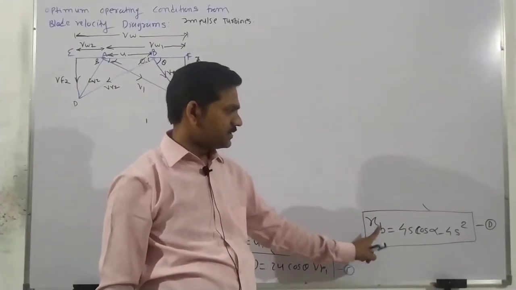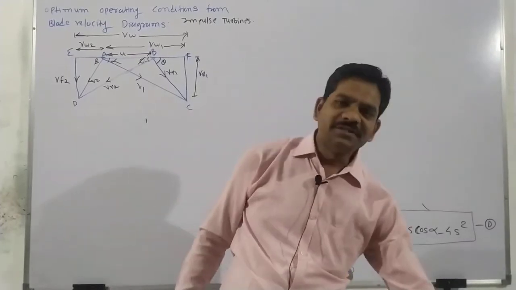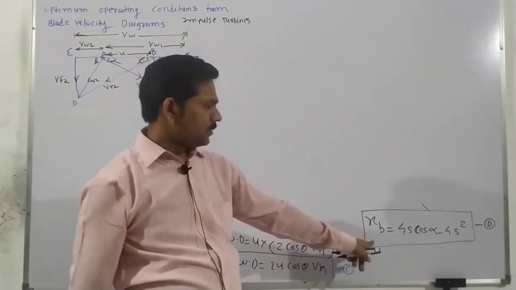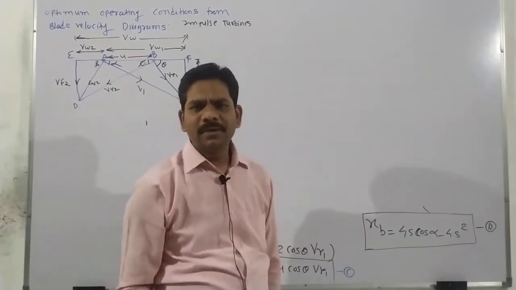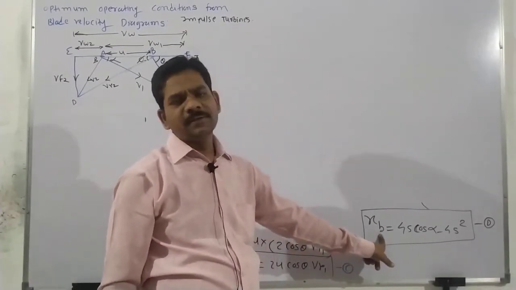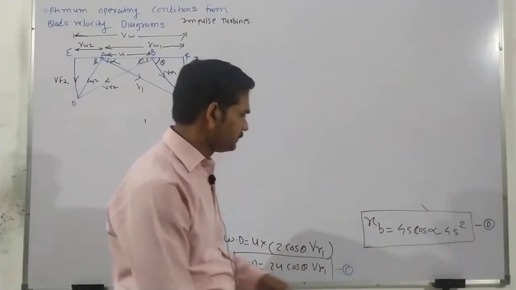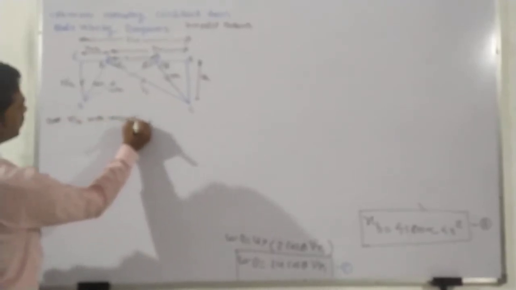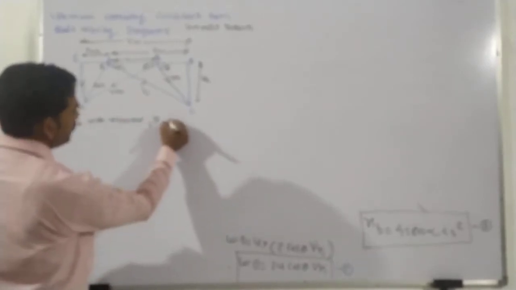So let's consider this blade efficiency equation. To calculate the optimum conditions, what will we do here? Differentiate this NB. I write down here: differentiate NB with respect to the blade speed ratio,